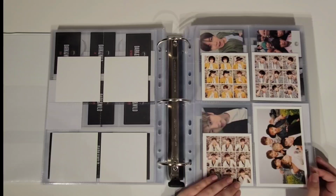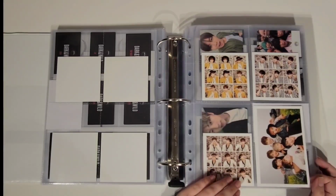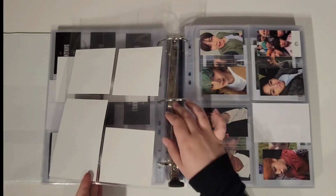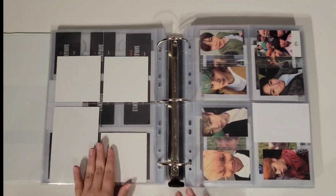I don't like how big the group card is. It's just, all of them are square and then this huge group card. Big hit. Then we have